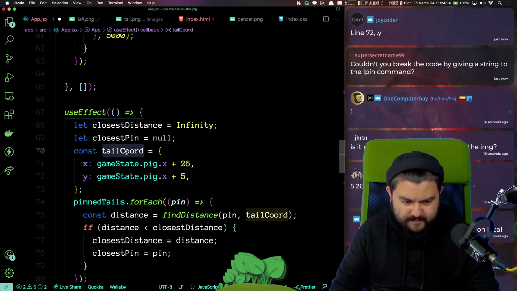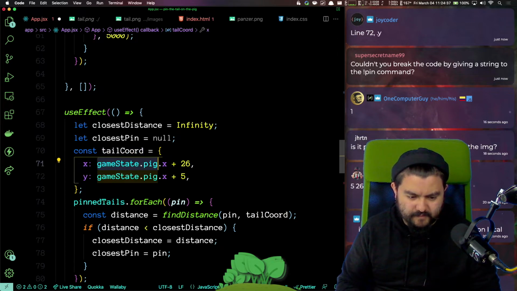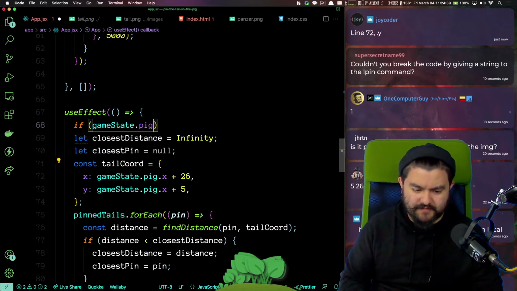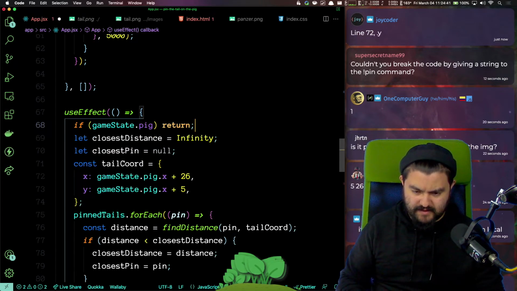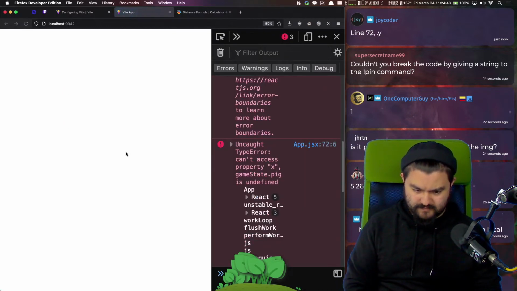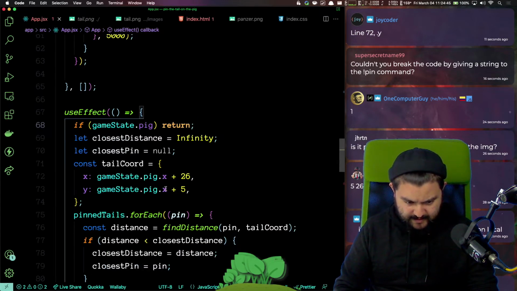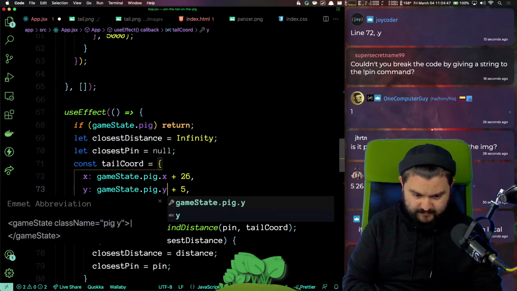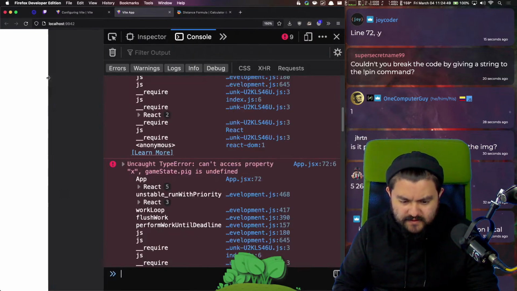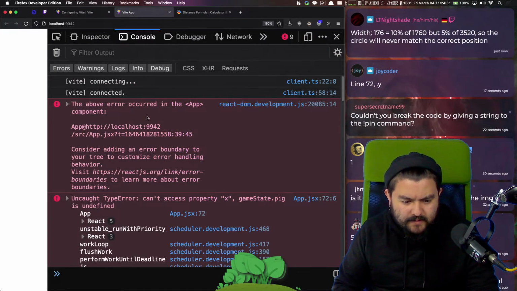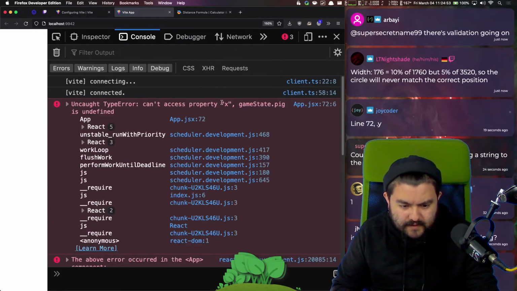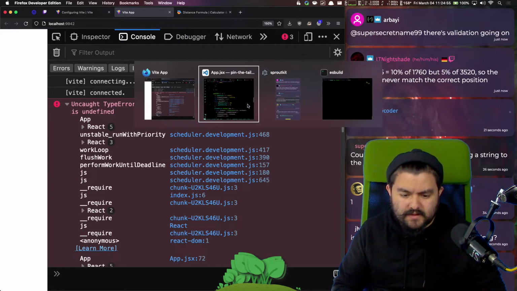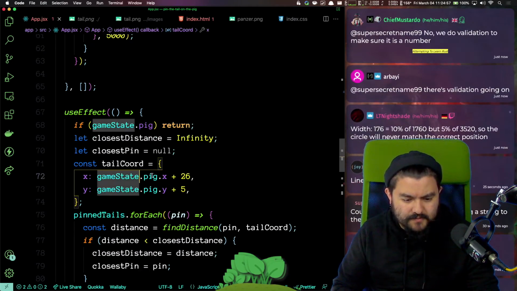Great. But I need to do this. If there is no pig, don't do anything yet. Line 72 dot y. Thank you. And what's failing here? Cannot access property X. Line 72.